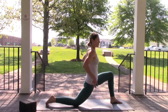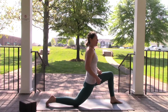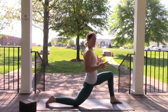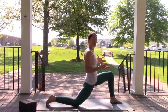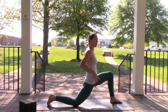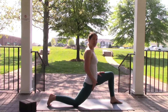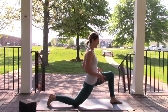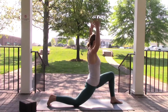Feel the activity of the inner thighs that are squeezing the legs together, really rotating your pelvis and allowing it to position itself like a vase straight up the way it anatomically should be. This will allow your lower back to thrive while you're really opening up through your iliopsoas in the back leg and strengthening, integrating. So from here, we can lift the arms up,